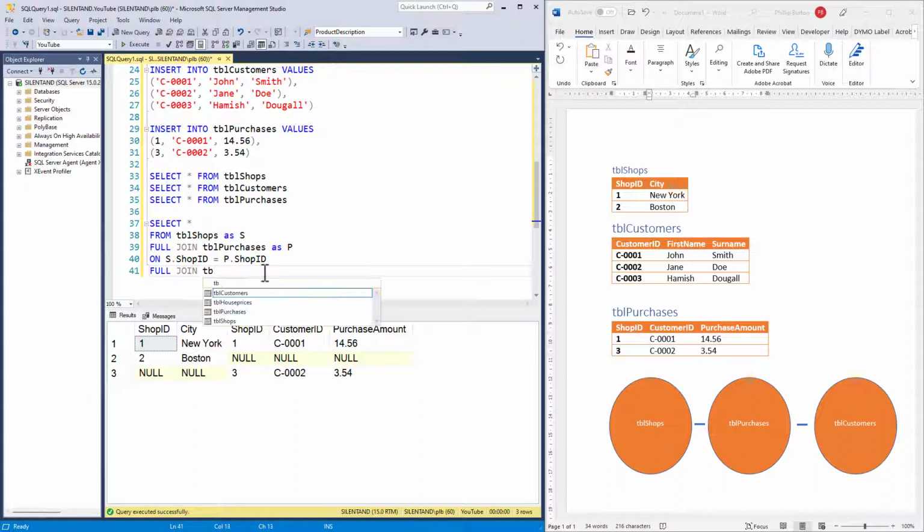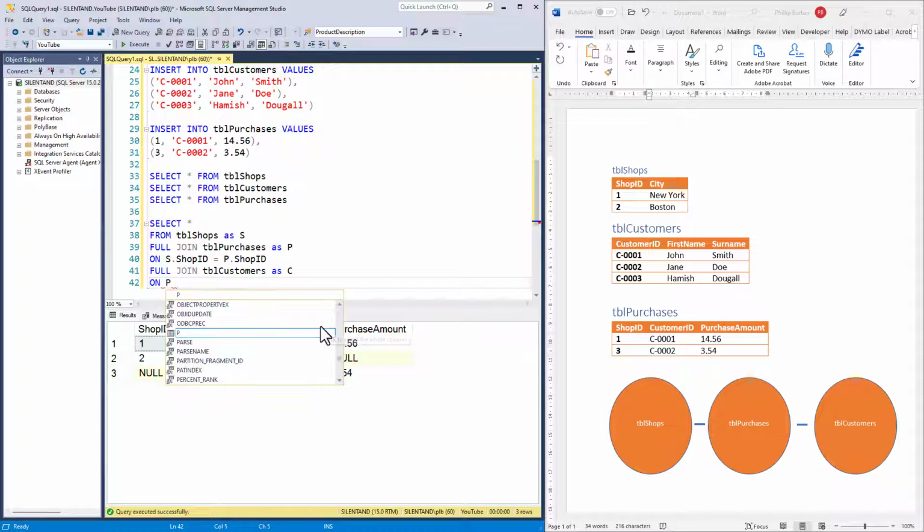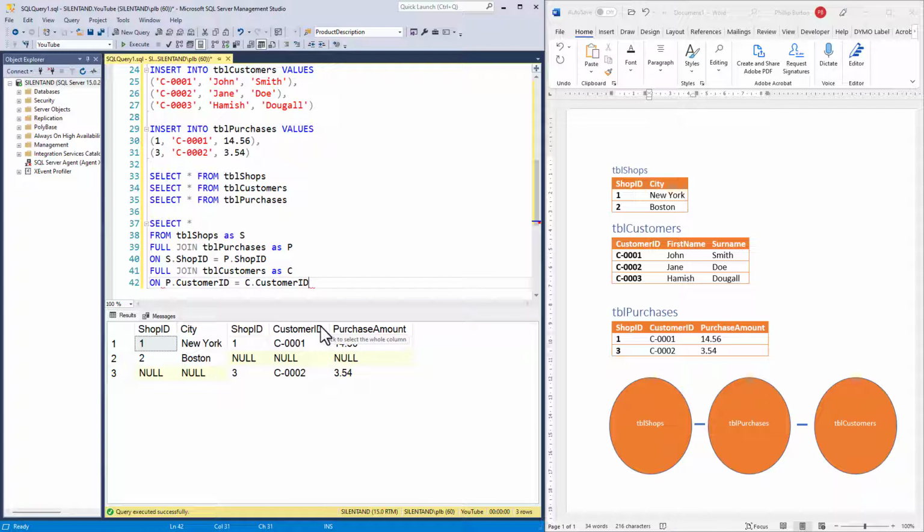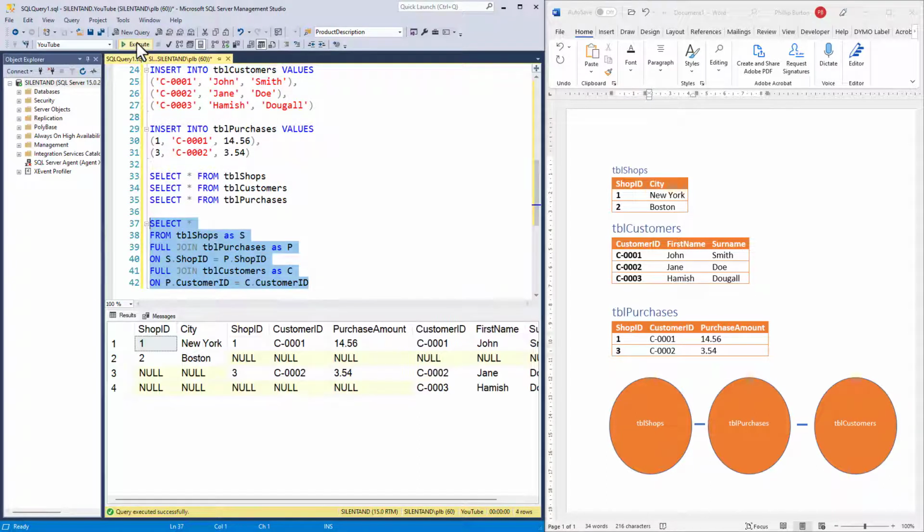So full join table customers as C on, and then make sure you get the two tables correct in the on. Because this links table purchases with table customers, it is p.CustomerID equals c.CustomerID. There is no shop ID in table customers. Customers can go to more than one shop if they wish to do so. So if I run this, there we can see the full combination of shops,